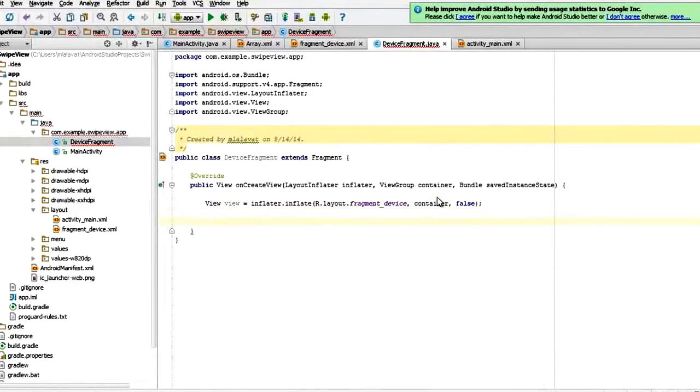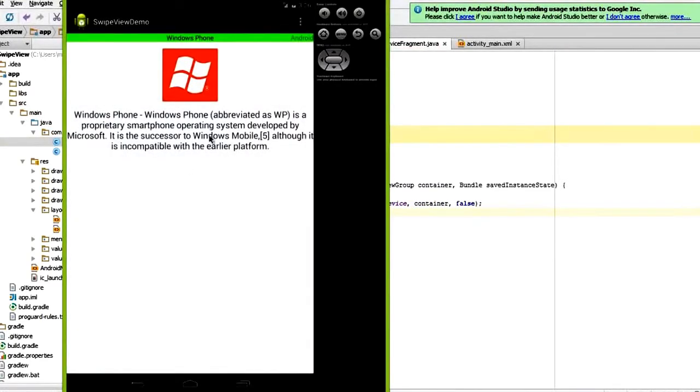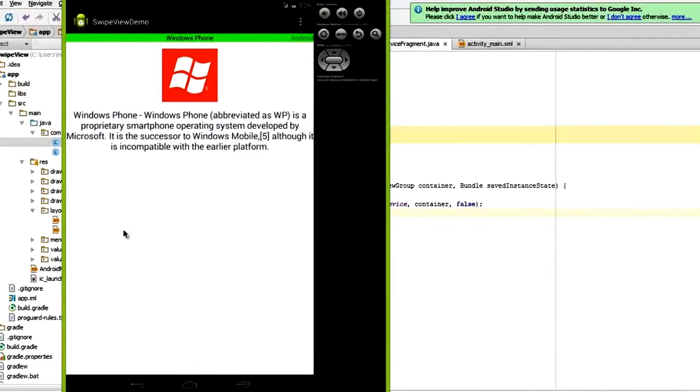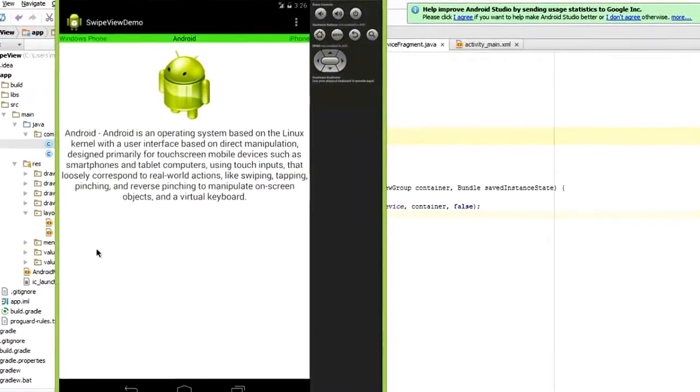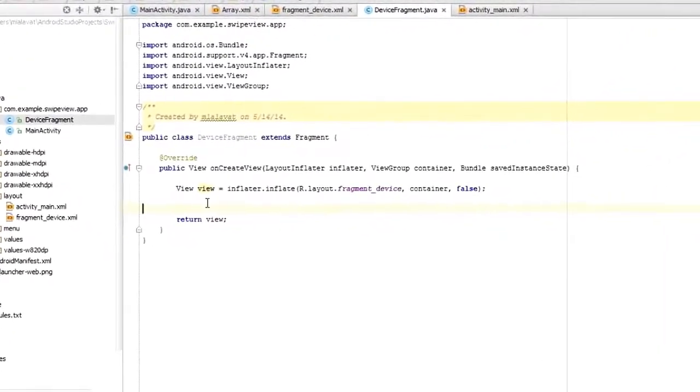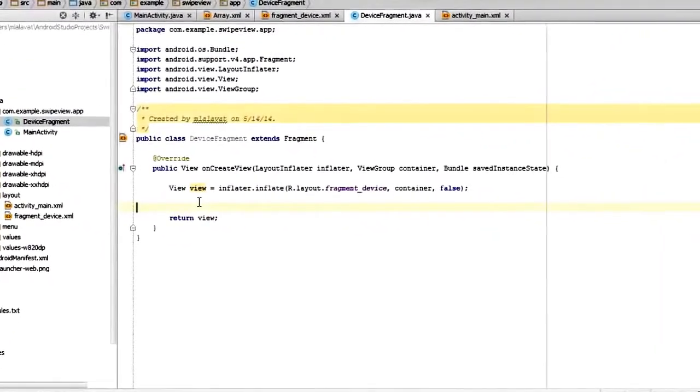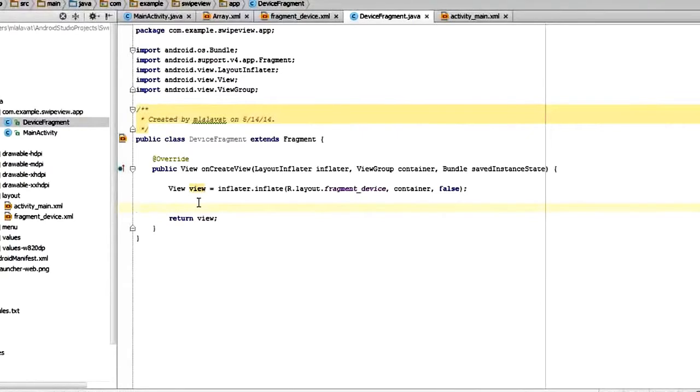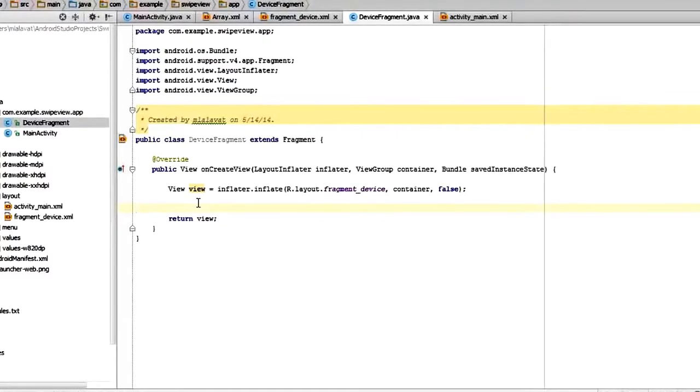Now we'll return a view here. To display this text and this image for each device, we need this data in our fragment. So what we need is our device title, device description, and the image for a device. Whenever our app creates a fragment, it will pass this information in the bundle, and we will access this bundle when we are creating a layout